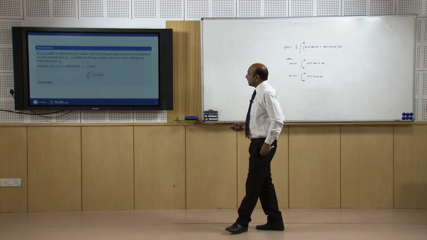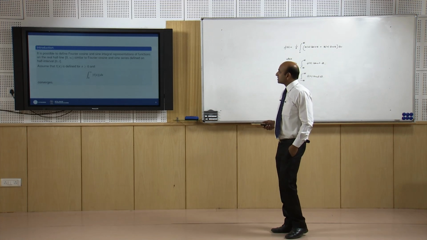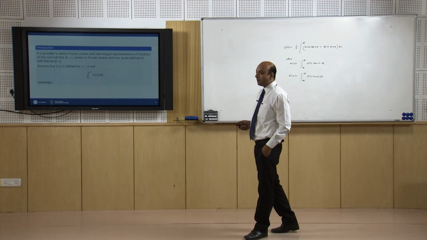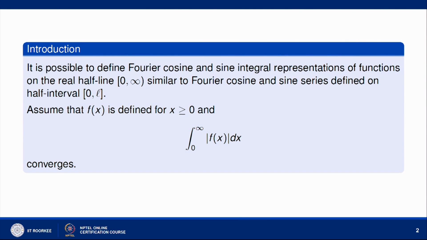Now, it is possible to define Fourier sine and cosine integral representation of function f(x) on a half real line, that is from 0 to infinity, similar to the Fourier sine and cosine series defined on a half interval that we have already discussed. If we have a half interval 0 to L, how can we represent Fourier sine and cosine series? What we did there: for the cosine series, we extend the function assuming it as an even function, from minus L to 0 also, and hence we got the function from minus L to plus L and periodic,